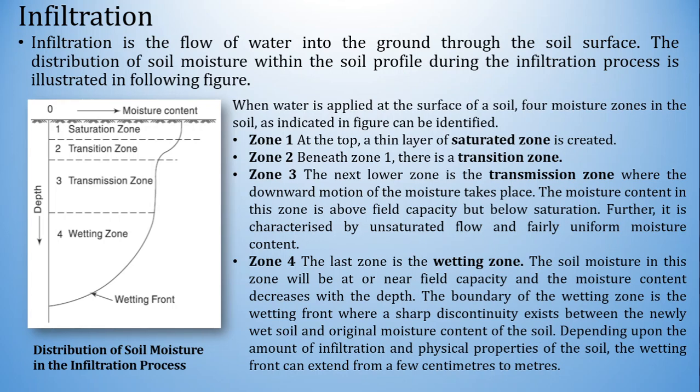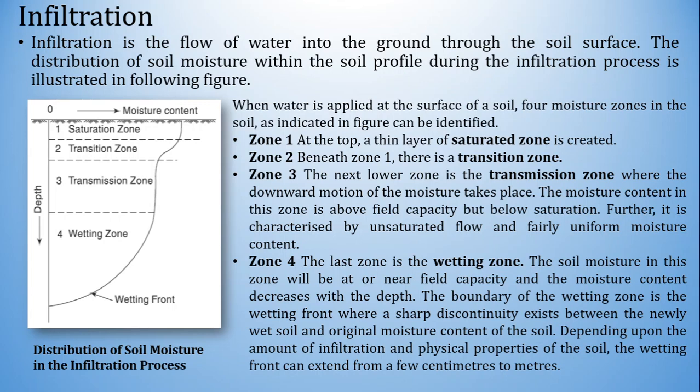In the figure, you can see there are four different zones in a vertical depth. They are dividing the soil mass like saturation zone, transition zone, transmission zone, and wetting zone. On the x-axis, you can see there is moisture content. When water is applied at the surface of a soil, four moisture zones in the soil as indicated in the figure